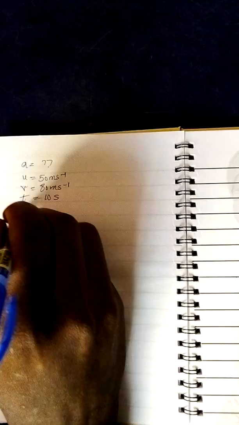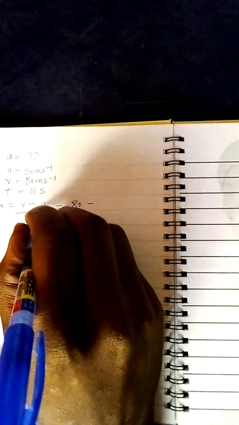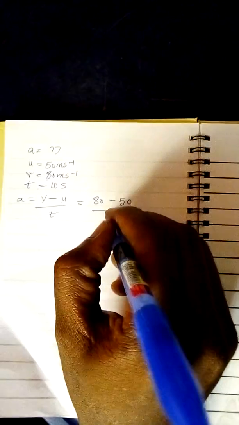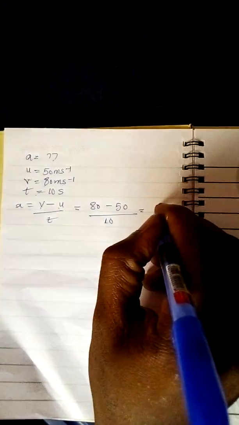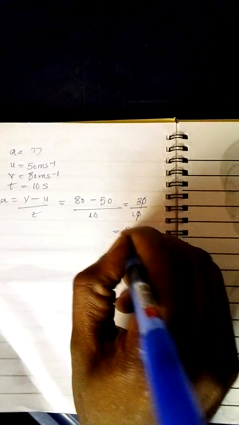So put down our formula, v minus u over t. So v is 80 minus u is 50 over t, which is 10. So we have 80 minus 50, that will give us 30 over 10, and that will be 3 meters per